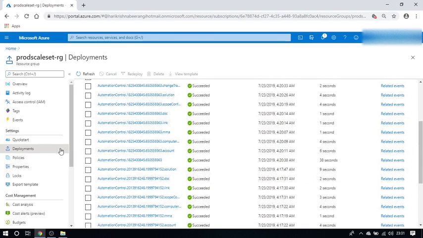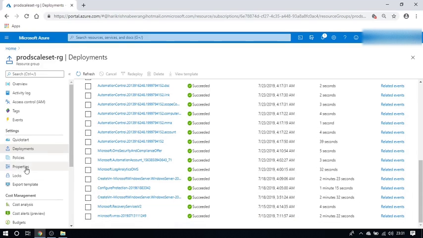So by using these deployments, you can track each and every event, each and every resource which was deployed under this resource group. However, when you go through this overview option, you'll have only specific resources. Though all the resources under this resource group were deleted, you'll still see them under this deployment section. So all the historical information will still be there to understand whatever resources were there on this resource group,